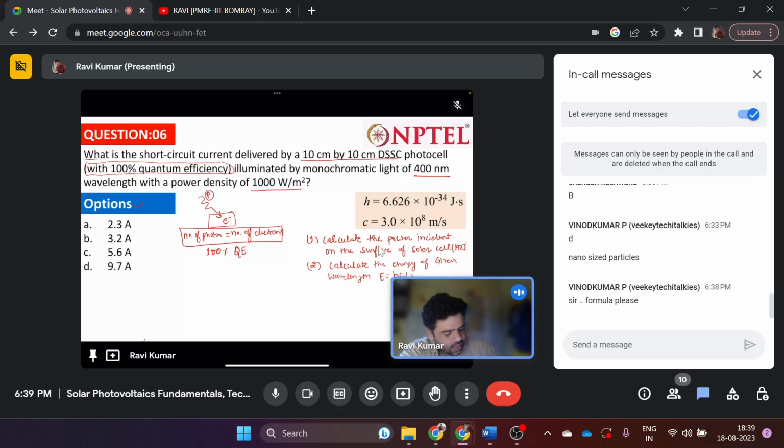And then the third step will be to find out the number of electrons or photons, that will be equal. And the fourth step is to find out